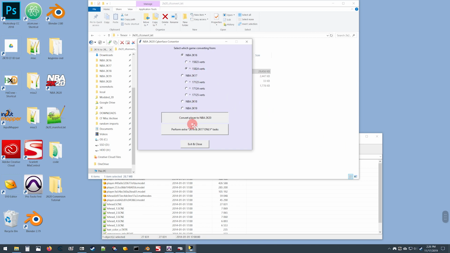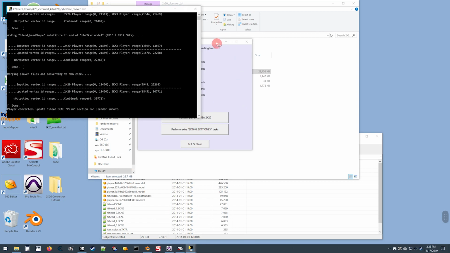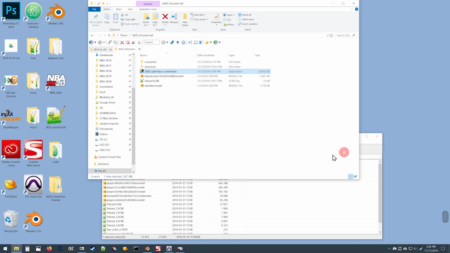We'll click Convert Player, and in the console you should see some confirmation here. Player converted. Update the hihead.SCNE file. So we'll exit,